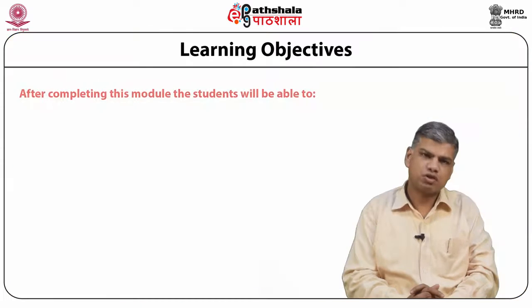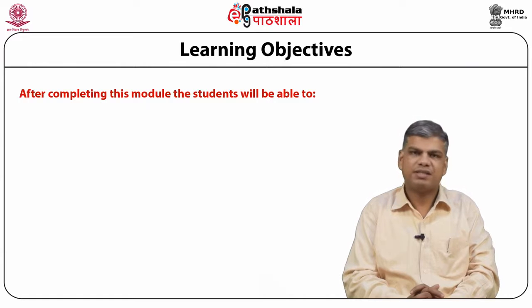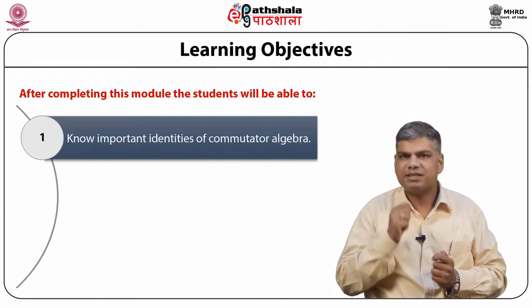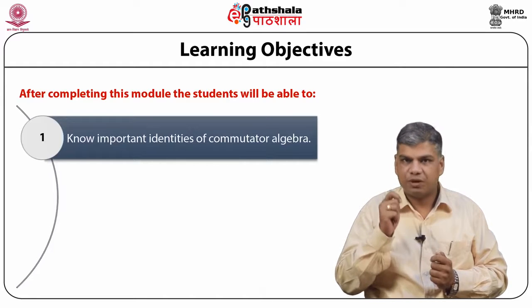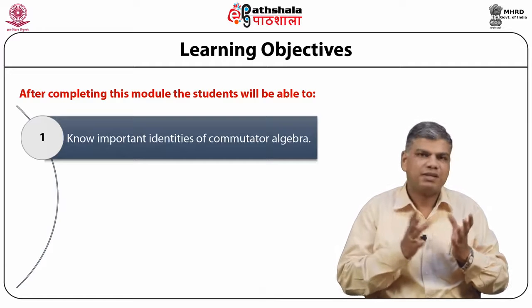Today we are going to discuss a module, properties of operators, commutators and identities, under the paper Quantum Mechanics 1. So students, let us first see what all we are going to be learning in this module. Firstly, we'll know the important identities of commutator algebra. And it's important to know these identities because by using these identities, we can greatly simplify the formalism of